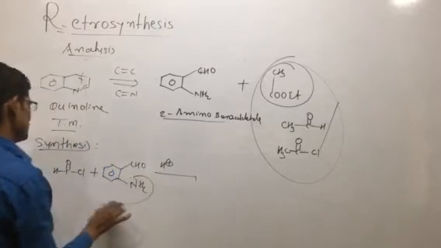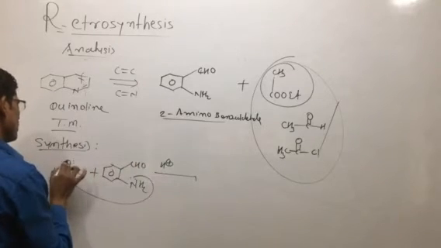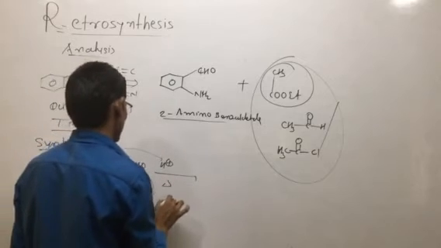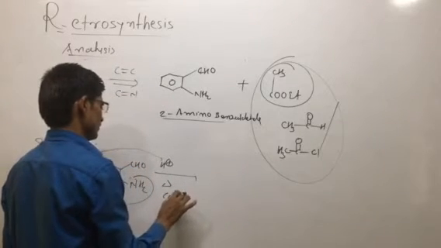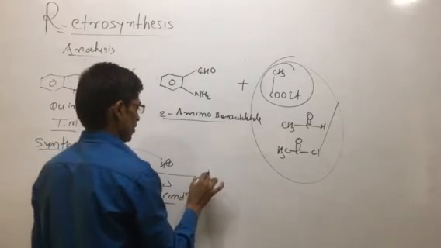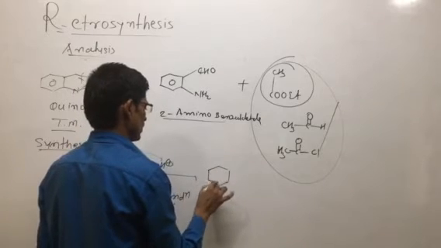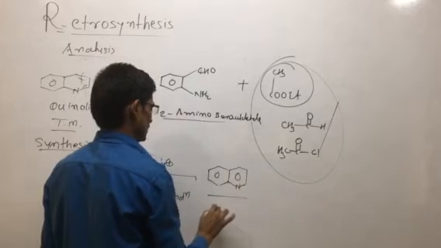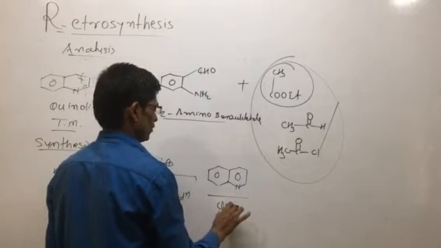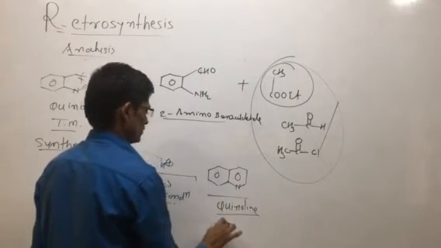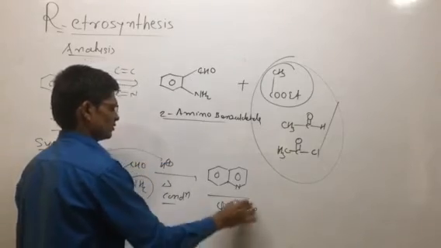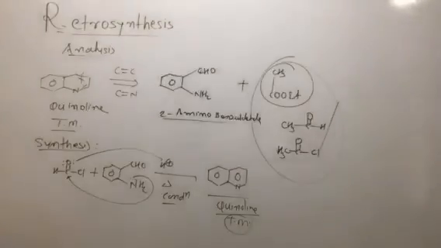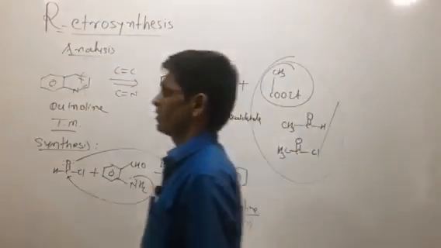This is the base, having a tendency to attack this type of compound, and the lone pair of electrons takes the proton. Then formation again after condensation. After condensation, we will obtain this type of product molecule that is called what? A 6-membered nitrogen-containing heterocyclic compound. This is known as what? Quinoline. So this is called the target molecule. We have been provided these target molecules, but the analysis is followed by synthesis of such types of compounds.